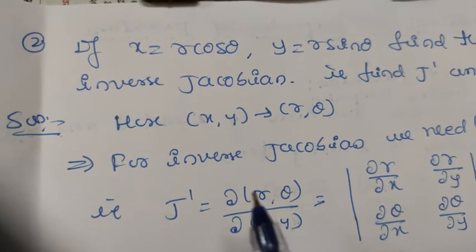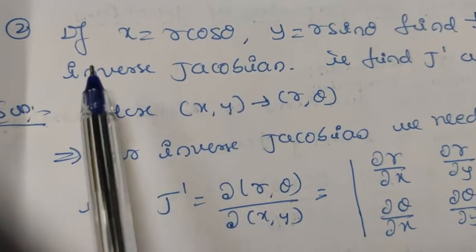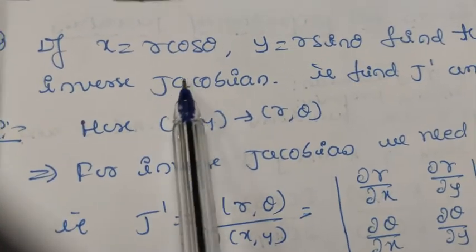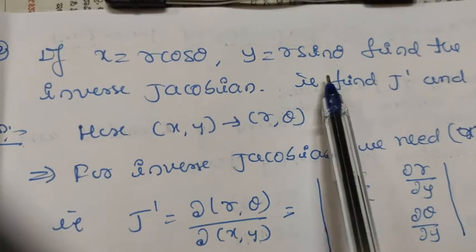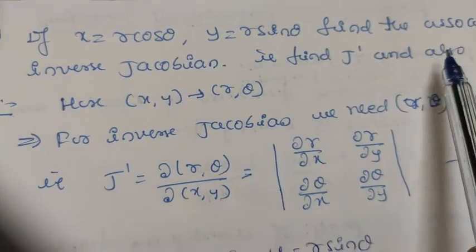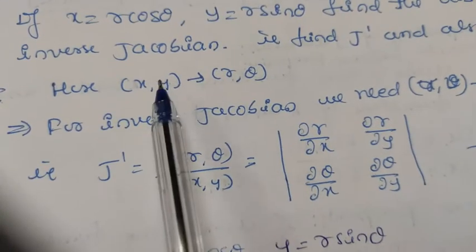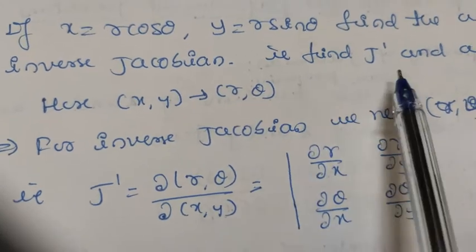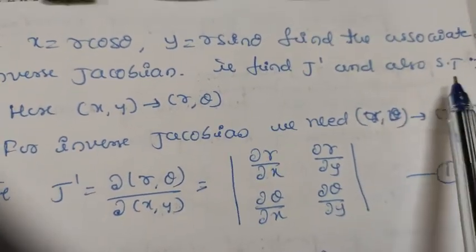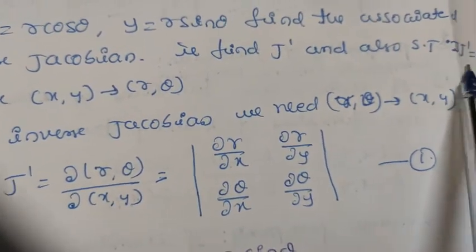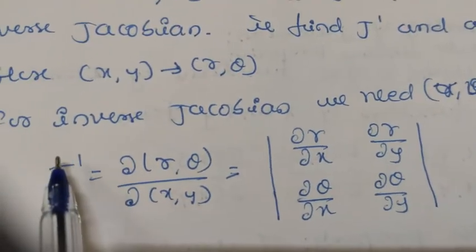Let us take one more example. If x equals r cos θ and y equals r sin θ, then find the associated inverse Jacobian, that is J', and also prove that J into J' is equal to 1. So here,